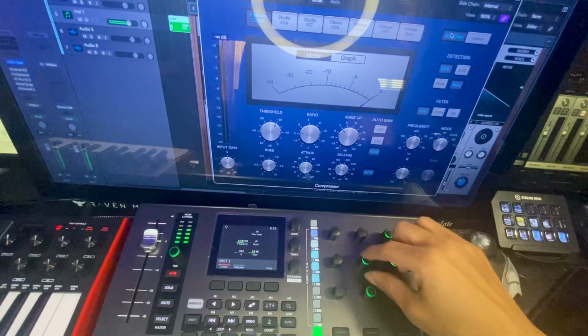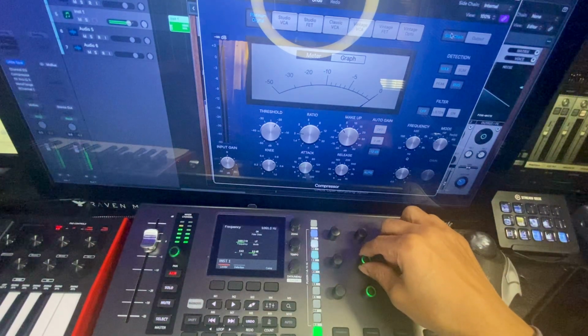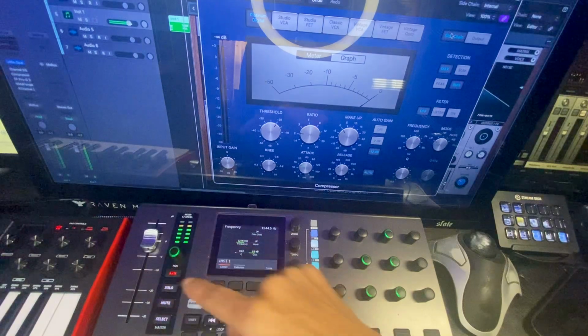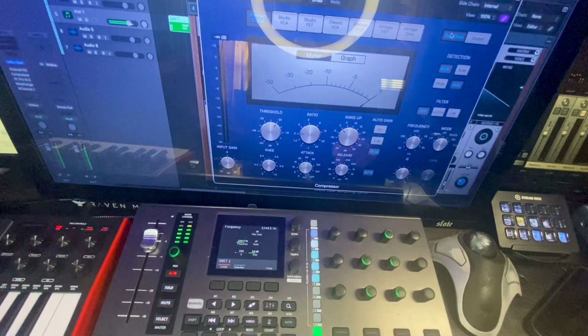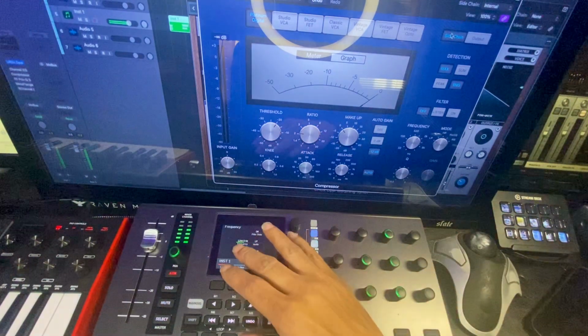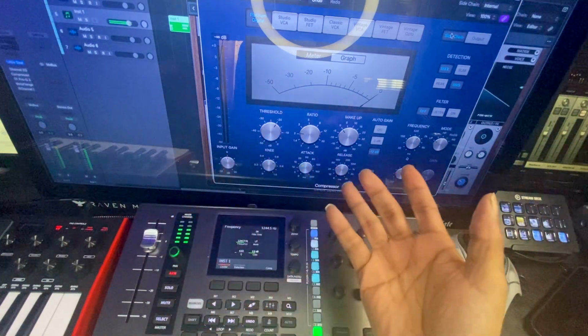If I hit it, then the controls move slower, allowing even more precision. And this is true for the faders as well. What else? Let's move on to, I have a bunch of plugins loaded that I really don't need to show